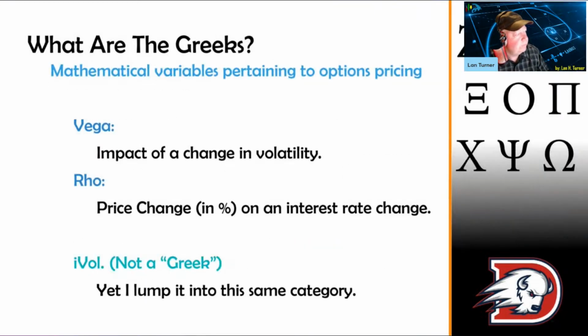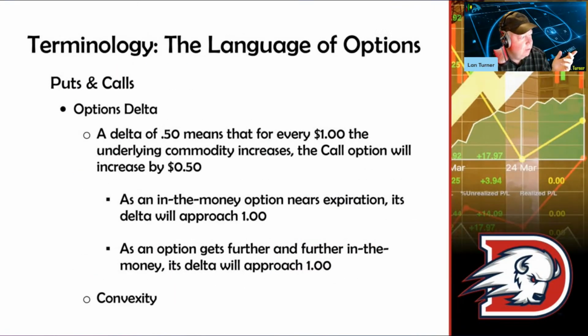All right. So let's talk about the implied volatility. And implied volatility is not a Greek, but it's one of the very important variables in the formula that creates this number that we're looking for, and why all this stuff is important. All right. So we're going to look at implied volatility as well. So I lump it into the same category. Now, guys can look at implied volatility and think that it's important. But for the most part, a single number of any of these numbers doesn't really mean anything to anybody, because